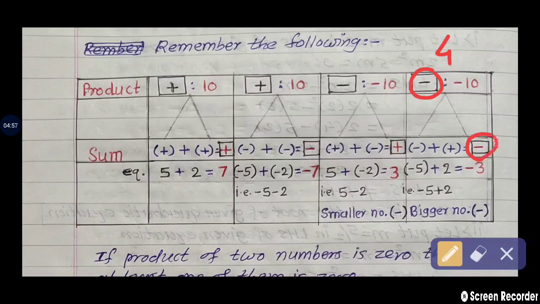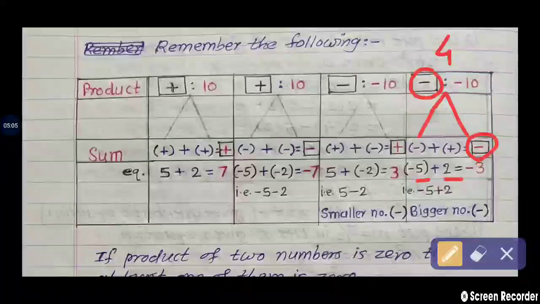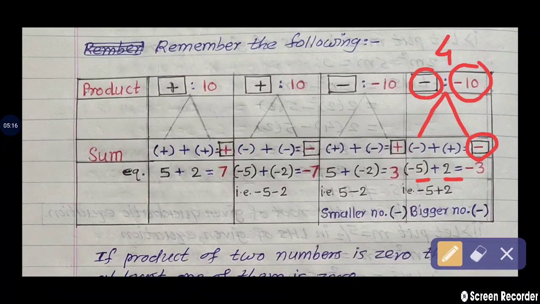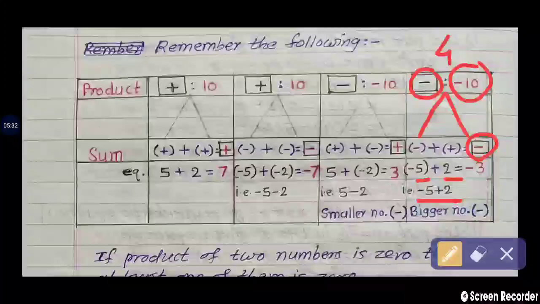So when we are getting the product minus, out of the two numbers, any one number has a minus sign. So out of 5 and 2, we take the minus sign for the bigger number. So minus 5 multiplied by plus 2, we get the answer minus 10. 5 twos are 10. And plus minus multiplication is what? Minus. But what is in addition? If we make the sum of these two numbers, minus 5 plus 2, the bigger number has the minus sign. So our answer is minus when we make the addition.